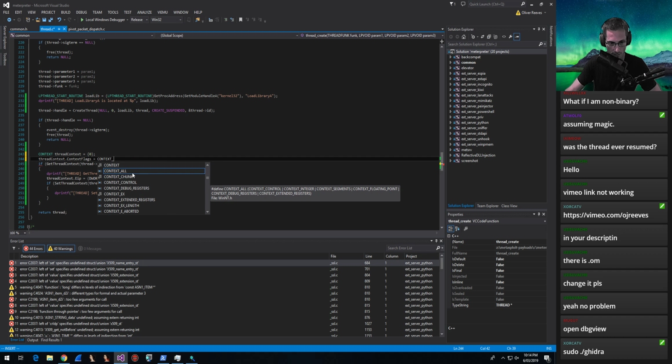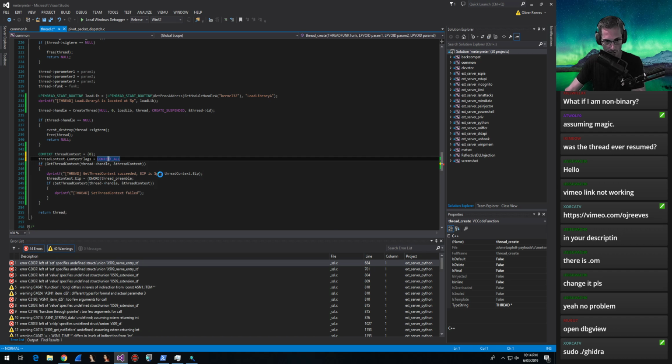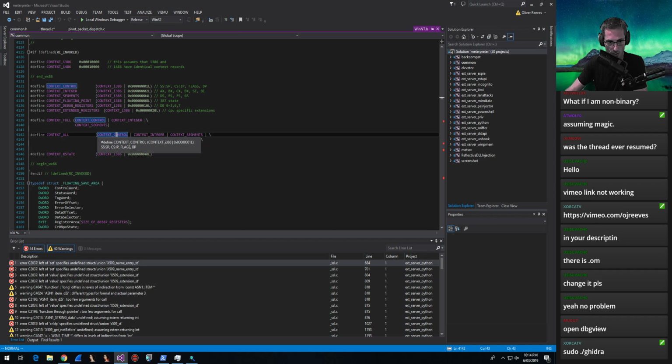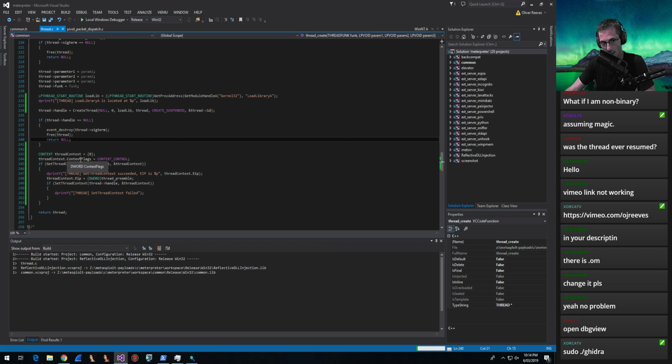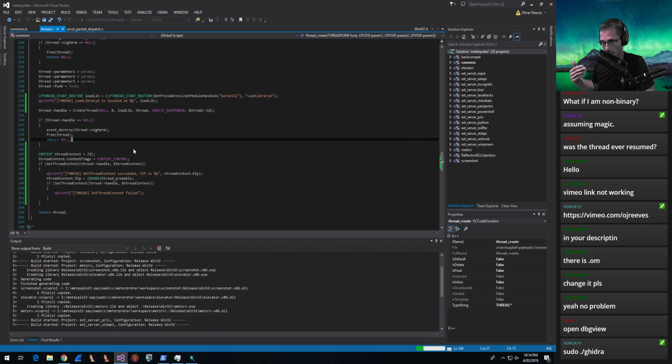No, maybe not. Let's go to the definition of this. See what we've got. Control IP. Okay, so that's got the code segment IP in it. So what we need is context control. We don't need any of the other registers. All we care about really is context control. So let's use context control, and we'll set EIP, and then, yeah, okay, that should be it. Does that make sense? So we didn't actually specify any context flags, so no context was coming out, and then